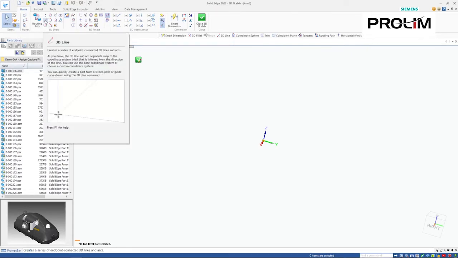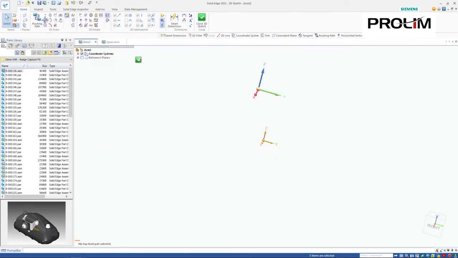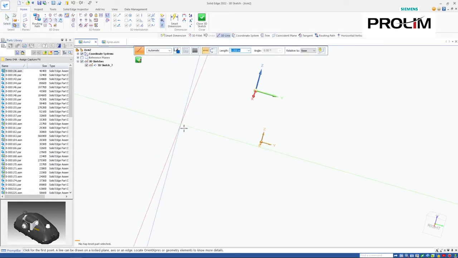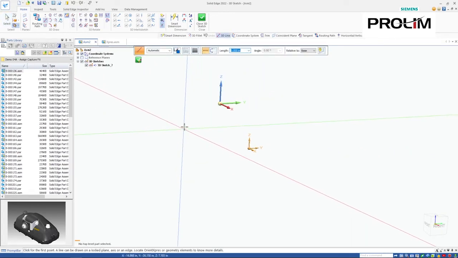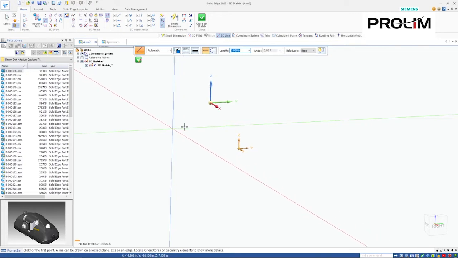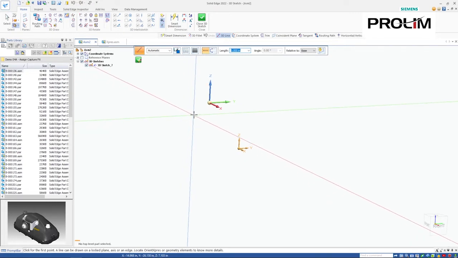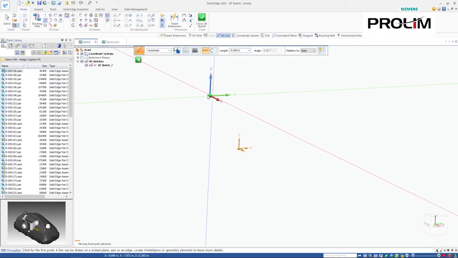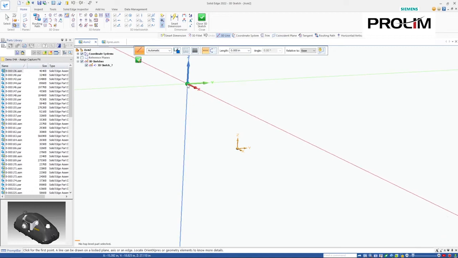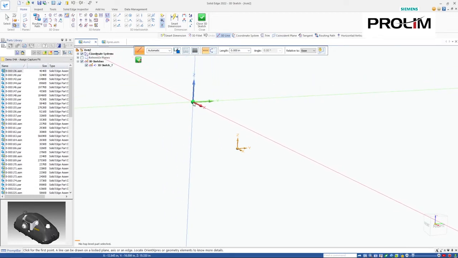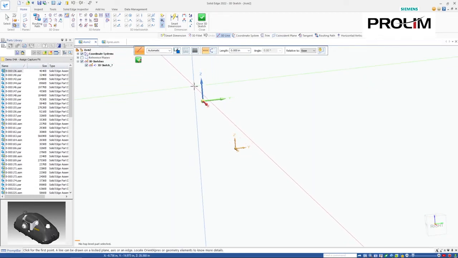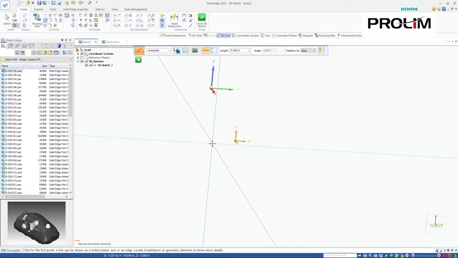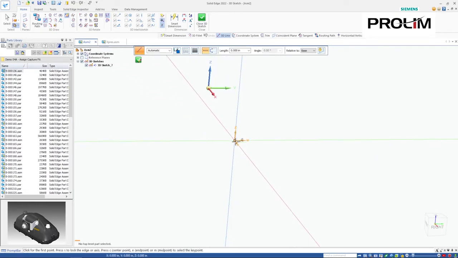So let's say I want to start with a line. I'll select the line first. One thing you'll notice is that as soon as I select the line command, my Orient Express tool shows up. Not only that, I have the option to decide the specific location where I want to place this tool. I'll place it at this location here, and then I'm going to start to create a line. Let's say I'll use this as my start point,